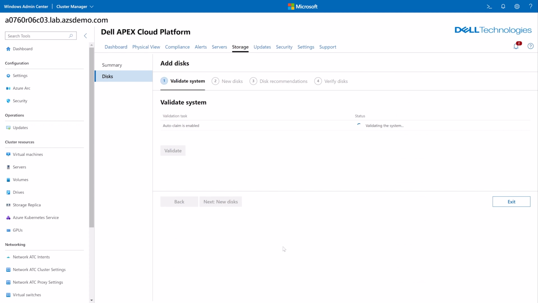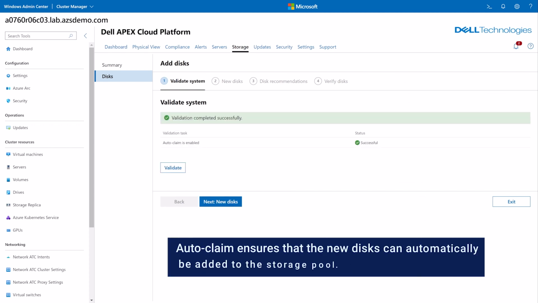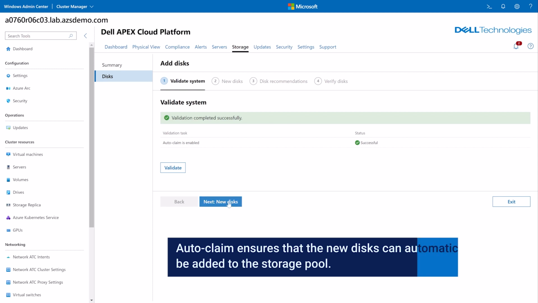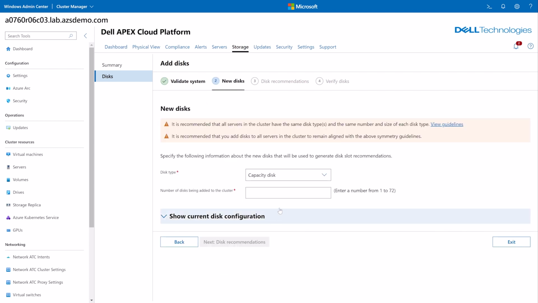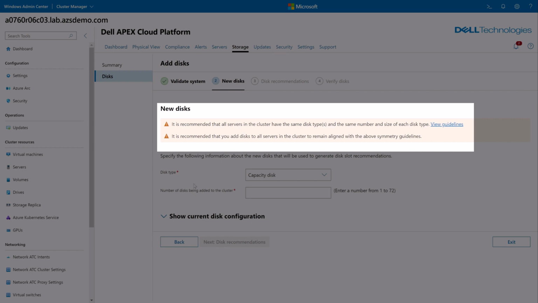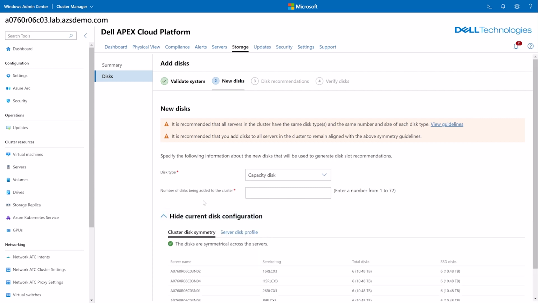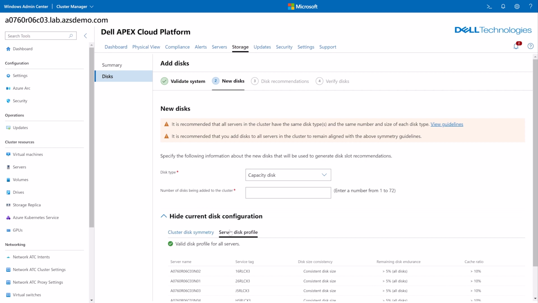In step 1, we make sure auto claim is enabled, which will ensure that new disks can automatically be added to the storage pool without any user interaction. In step 2, clear warnings are provided about adherence to the disk symmetry and disk profile guidelines. I can double check my current disk configuration.